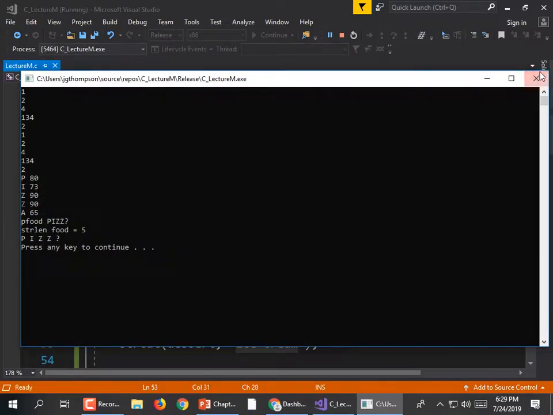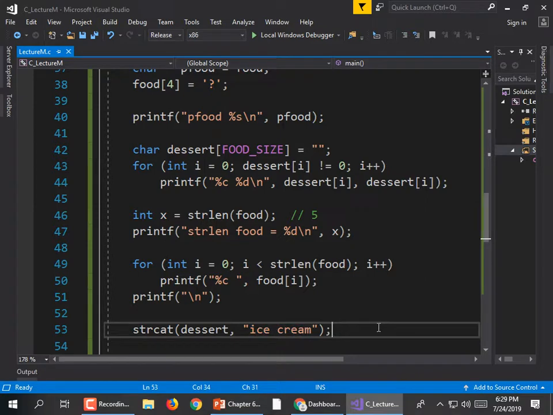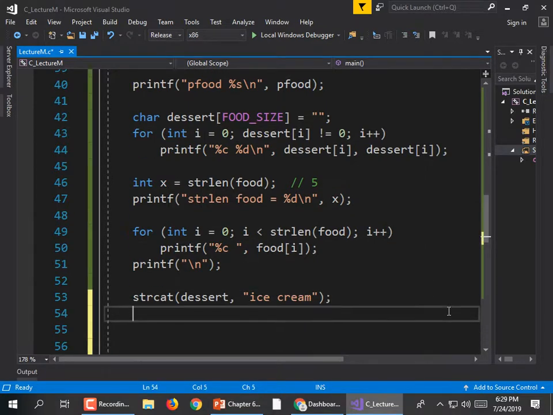So we should use a safe version of strcat. Well, at least it didn't blow up, but let's print it out to make sure that dessert now equals that. printf("today's dessert is %s\n", dessert);